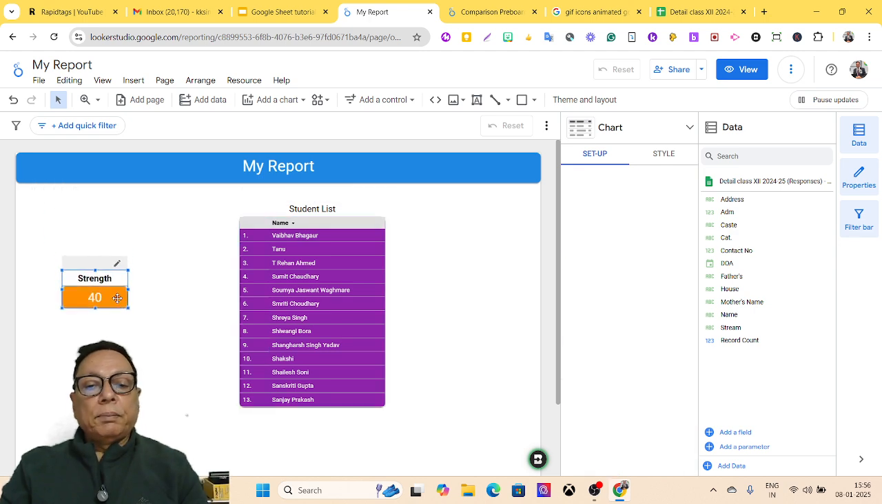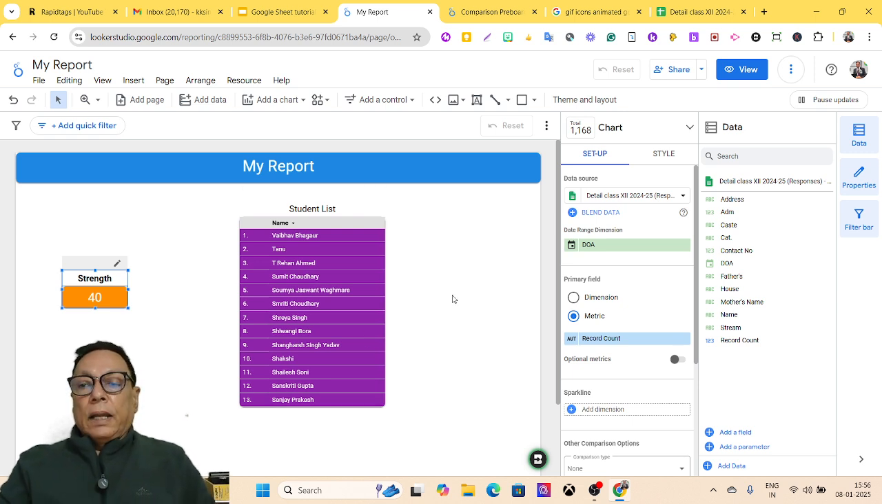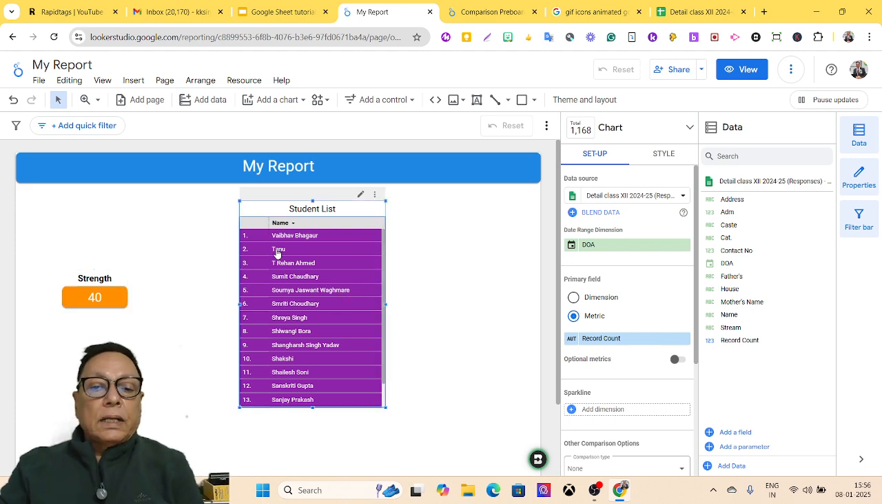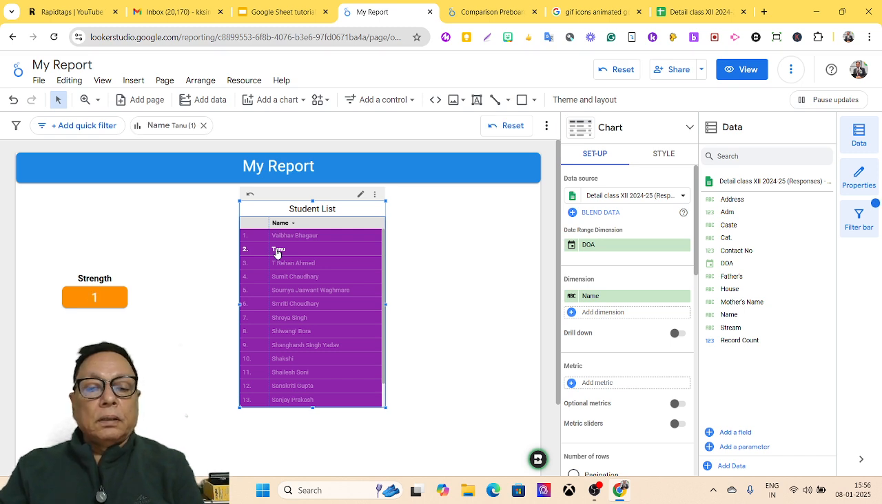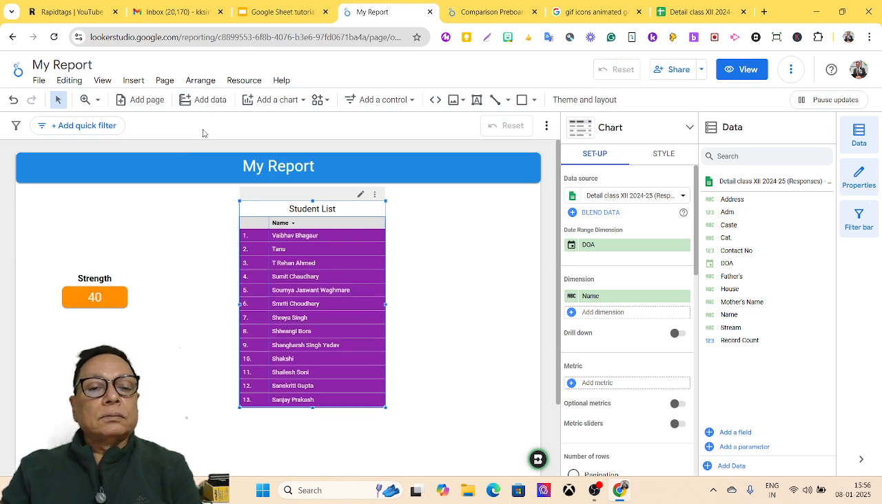And just make some small alignment. And here, if you select any student, like say I have selected one, so this is very interactive or dynamic. As soon as you select one, see the strength of this is 1, and the name which I have selected is appearing on this filter. So if you cross this, it will reset. So this way we can create a report on the basis of the data sheet